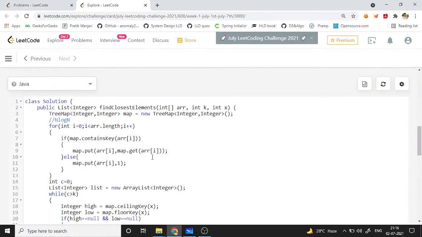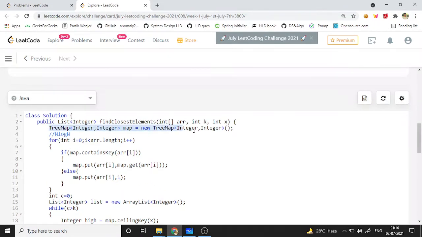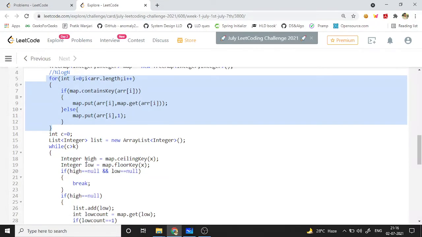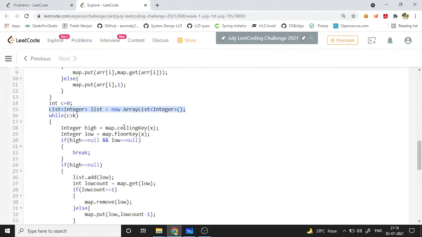So let's have a quick look at what we have done here. We have taken a tree map and we are adding all the elements into this tree map, and then we have a variable count, and a list over here which will store the final answer.